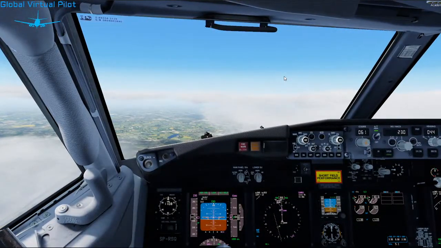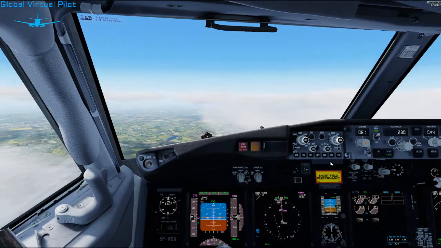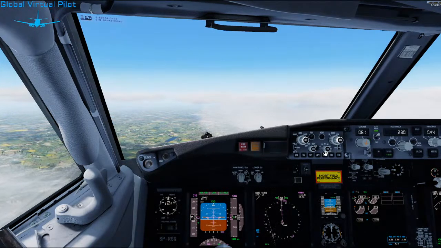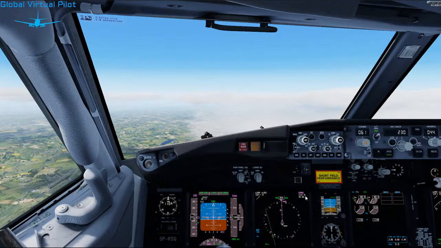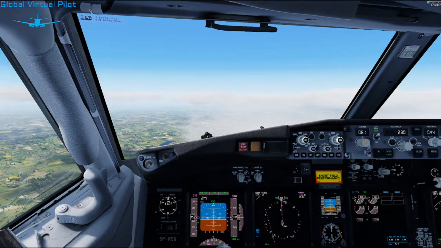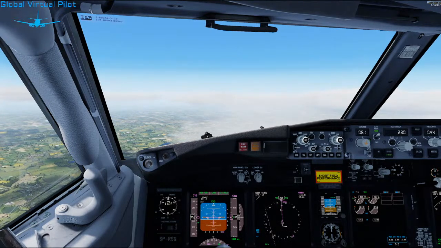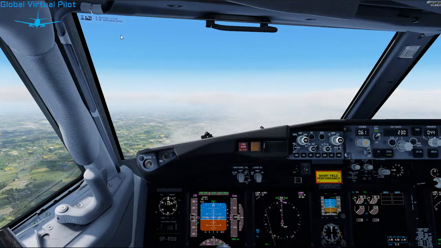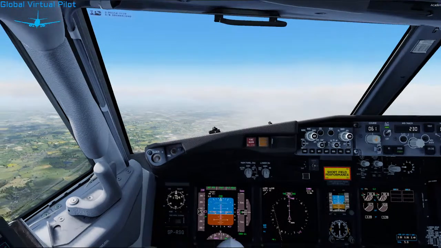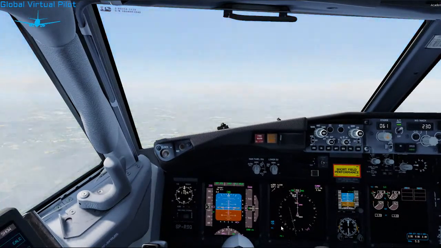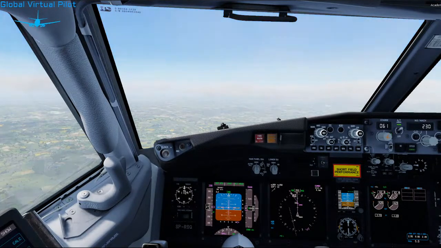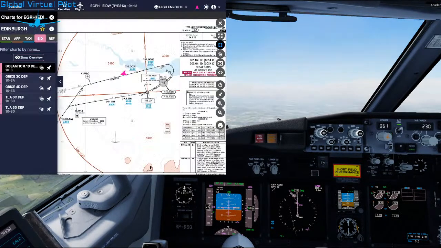Just back, and okay, we are in the position of approaching to the point of Charlie Uniform Mike Bravo Oscar. Looks like, and then we should turn a left side. Let's check the Navigraph charts. So we are departing on this